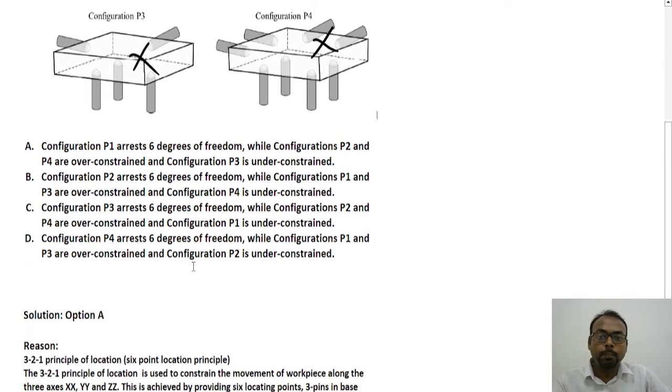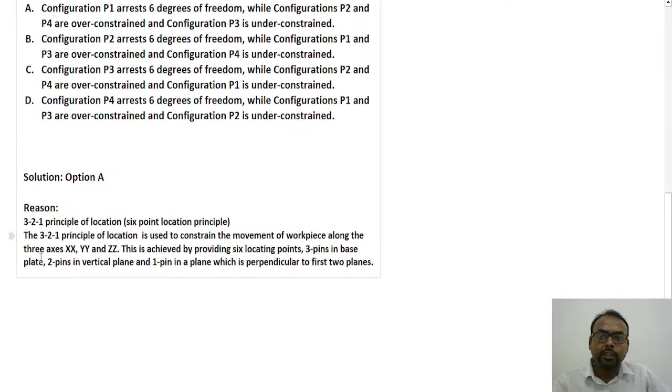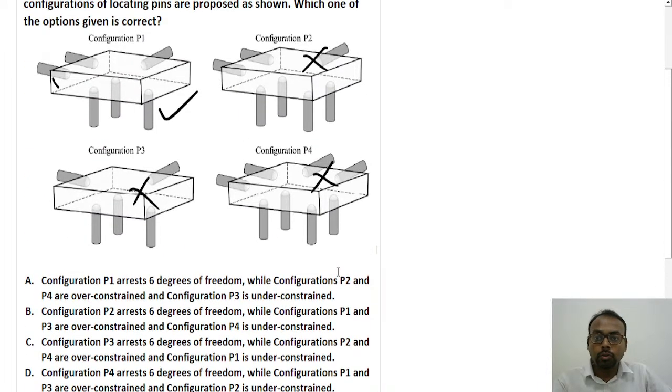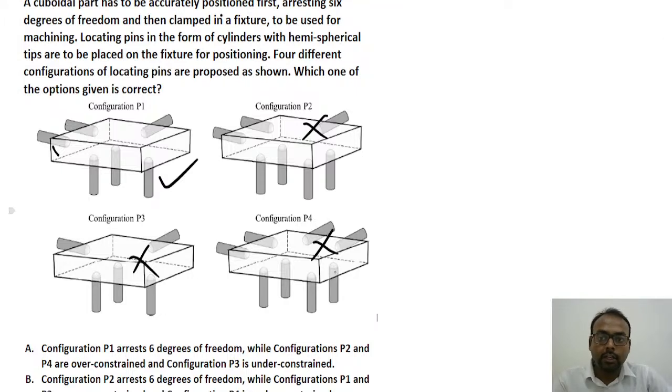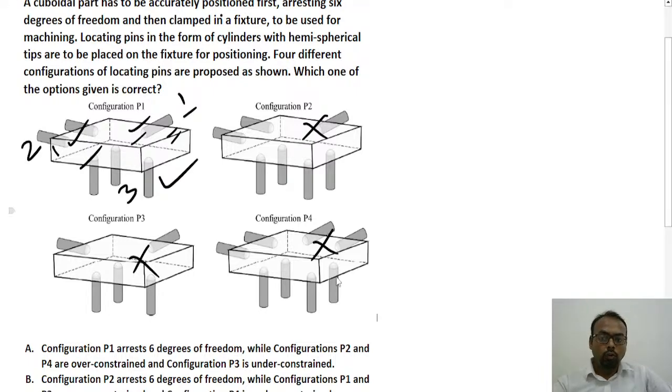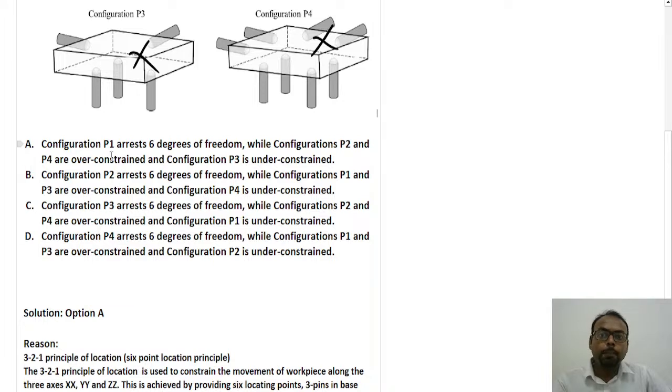So here in the configuration P1, along with that, you can see that in the 3-2-1 principle, one more option is there, that is one pin in a plane which is perpendicular to the first two planes. So here two planes, one is the vertical one, second one is the horizontal one. So this is your third plane that is perpendicular to both the planes, and there we have to make one pin fixed. So this is how we can say that the total 3-2-1 principle has been followed. So that is why the configuration P1 arrests 6 degrees of freedom,